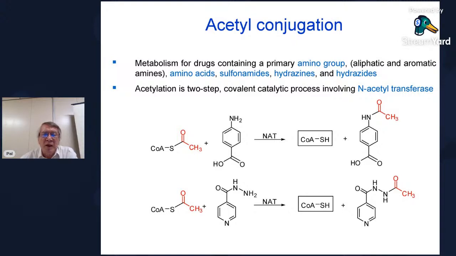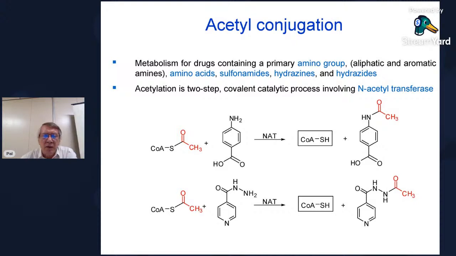As for the foreign substances, any drug, any xenobiotic with aliphatic or aromatic amino groups, amino acids, sulfonamides, hydrazine, and hydroxides can form acetyl derivatives, and the enzymes catalyzing these reactions are the so-called N-acetyltransferase enzymes,